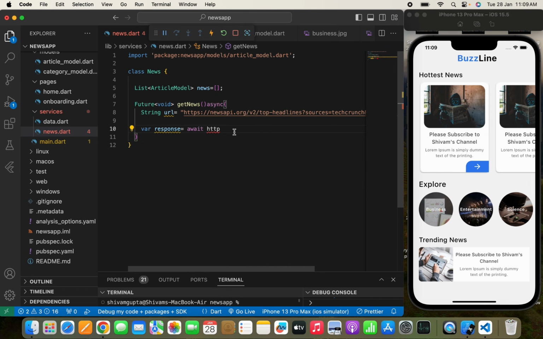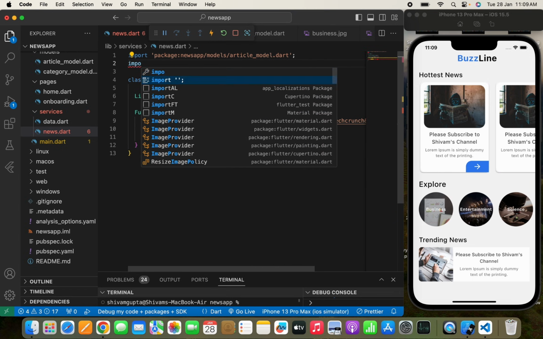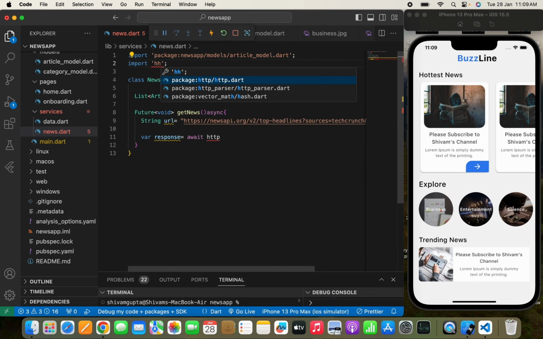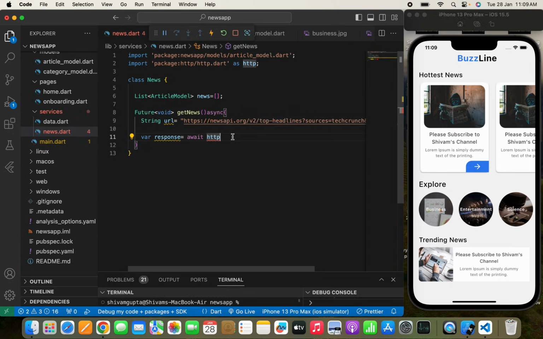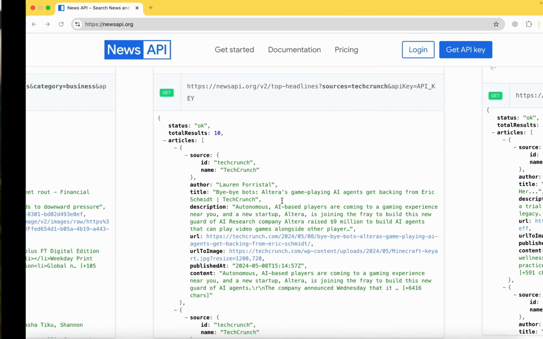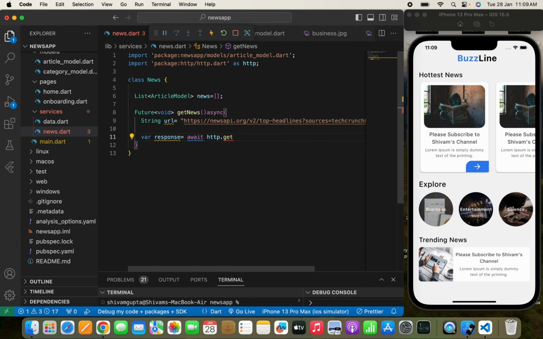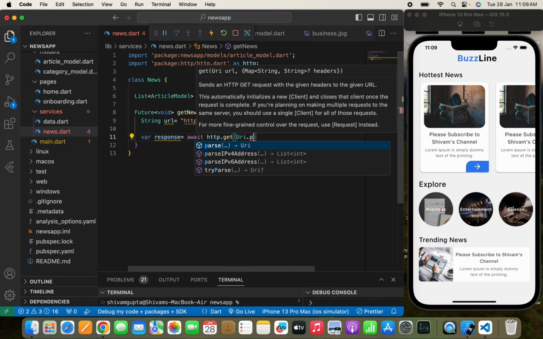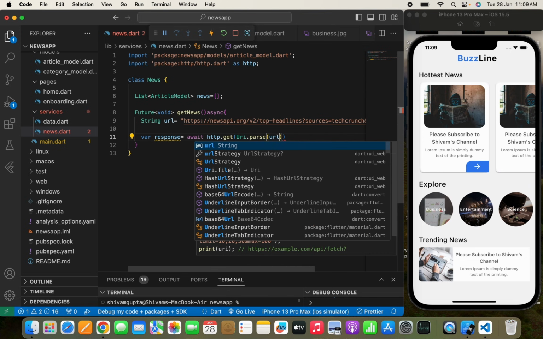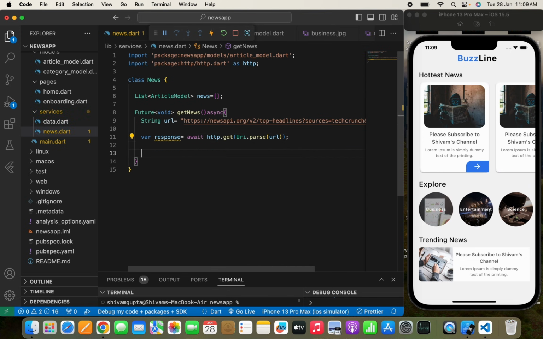Yeah, I need to import the package first, so I'll write import http, and here I'll write as http. So this is how we can write that. Because we need to get data from this API, I'll pass a dot get method, and here I'll write Uri.parse, and we need to pass the URL. Yep. So once we have passed this, we'll pass var